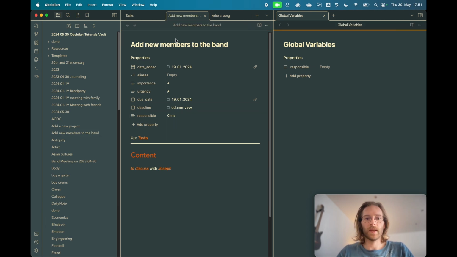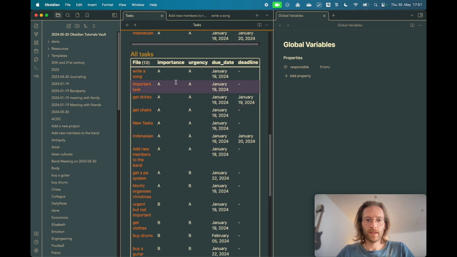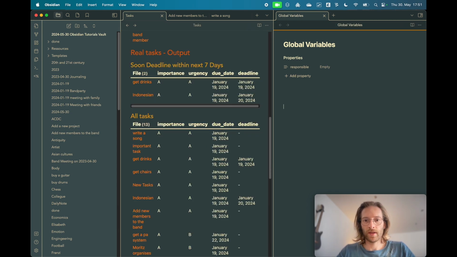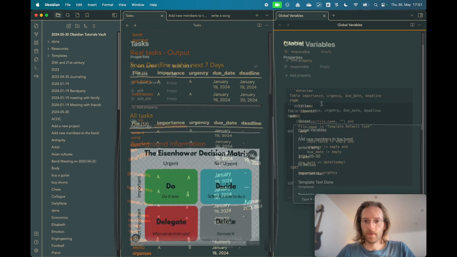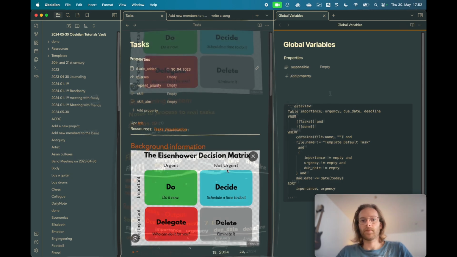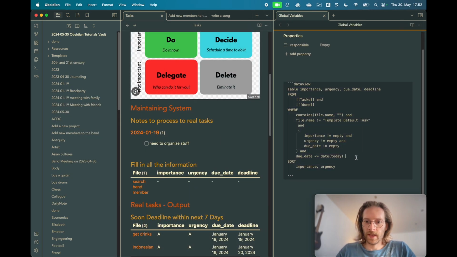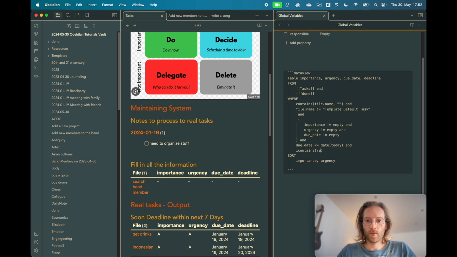So, and now we can see all the tasks here. Let me just copy this query somewhere else. It doesn't even matter, but I just put it here. Yeah, now we can see all the tasks. And now let's add the global variable for the person. So I just want to see